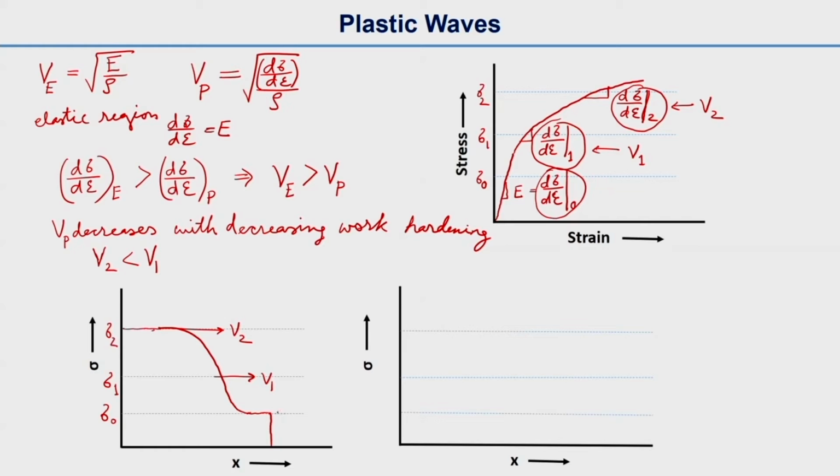So this is V1, and this is constant, V naught in the elastic region, let us say at time t1, and at a later time, if we take this with higher strain, what will happen here is